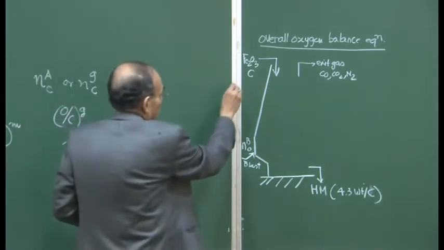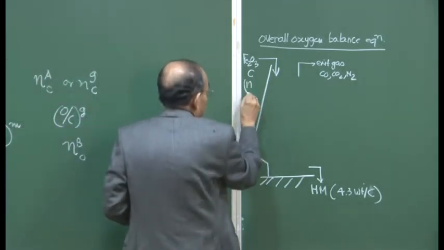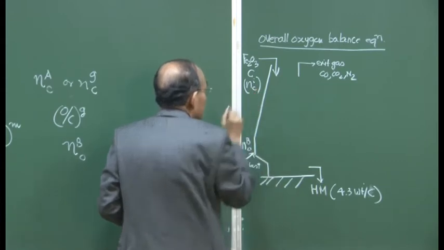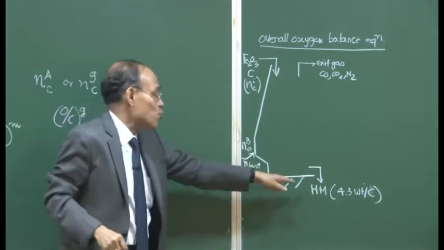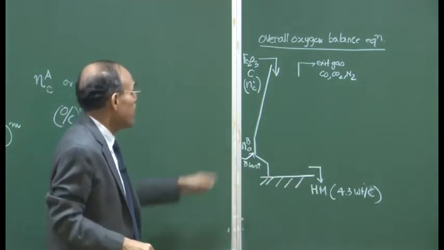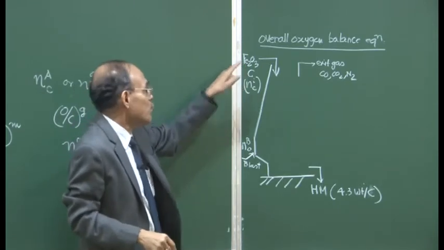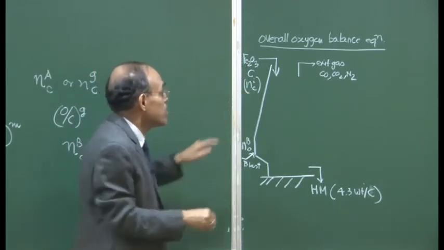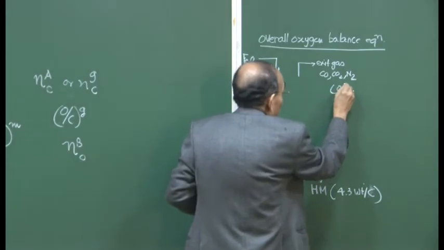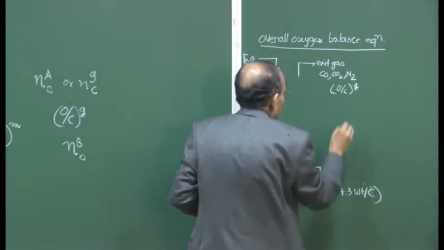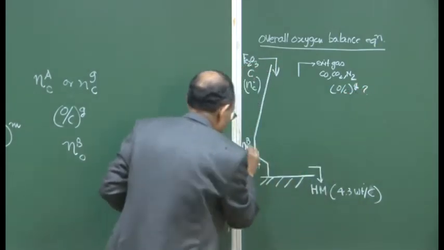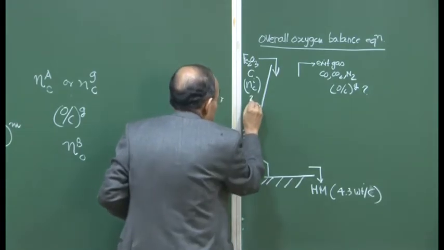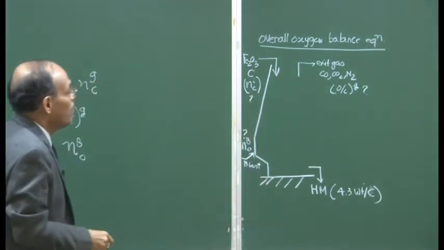I have NIC, the variable, how much carbon. I know that I want to produce 1 mole of hot Fe, so I know half a mole of Fe2O3 is to be charged. I do not know this, and this has a characteristic of O by C gas that also needs to be determined. This also needs to be determined, and this also needs to be determined. So that is basically